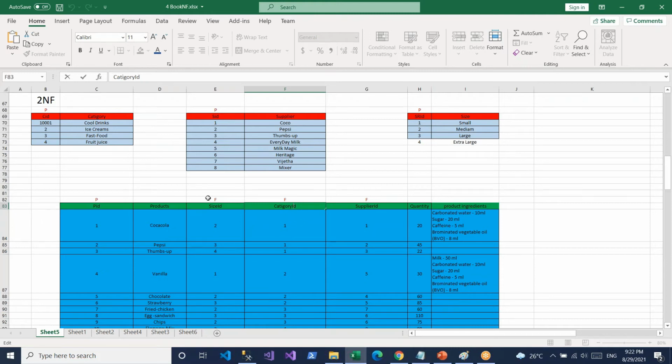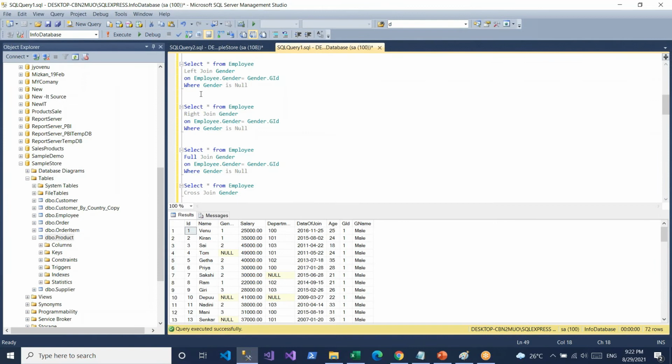Hello, sir. Tell me the difference between natural join and inner join. Difference between natural join and inner join. In SQL Server I didn't use any natural joins.